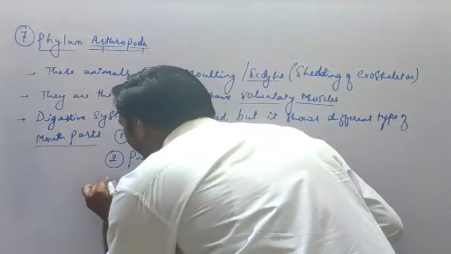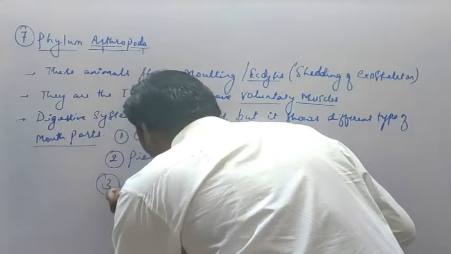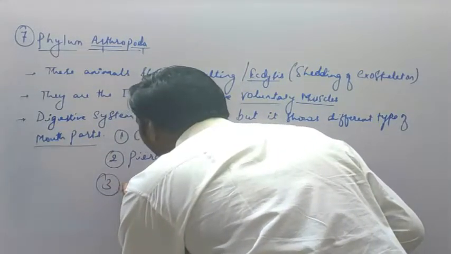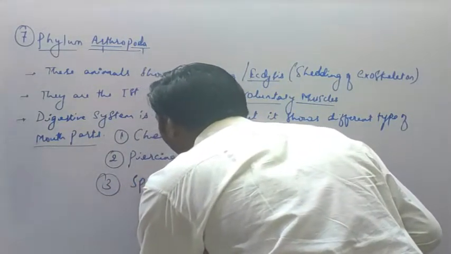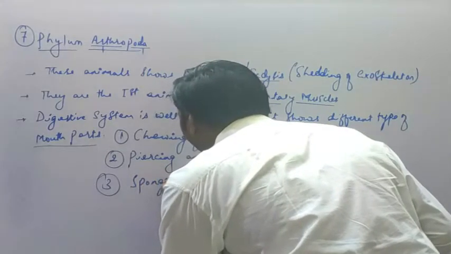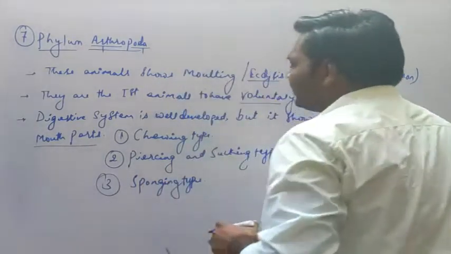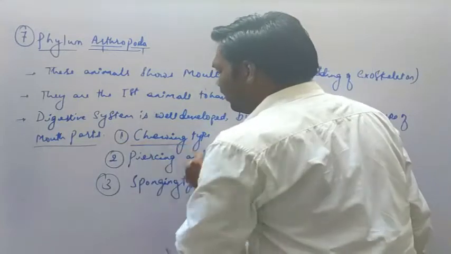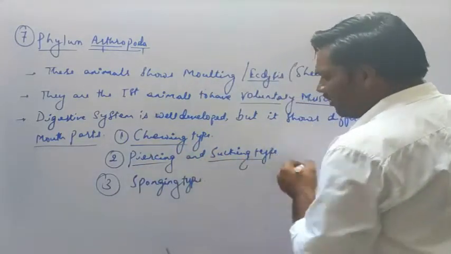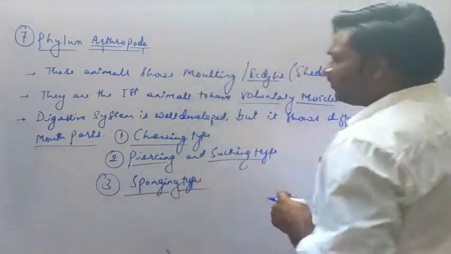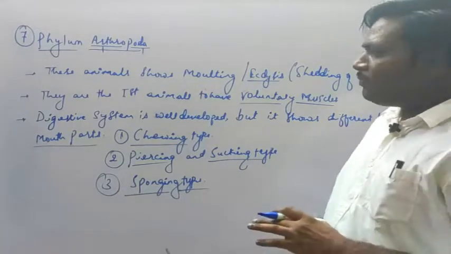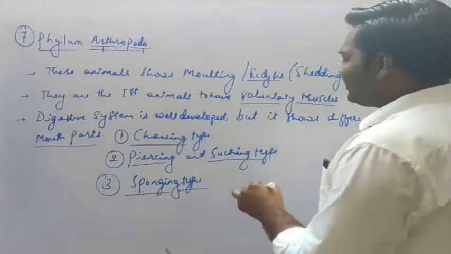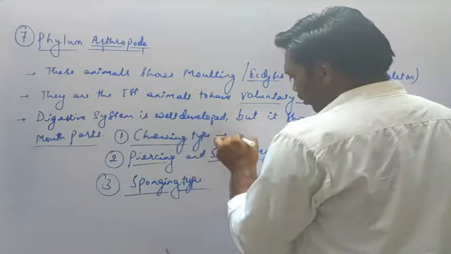Then third, sponging type. Now, what exactly is the meaning of this chewing type, piercing and sucking type and sponging type? See here, chewing type of the mouth part is seen in case of